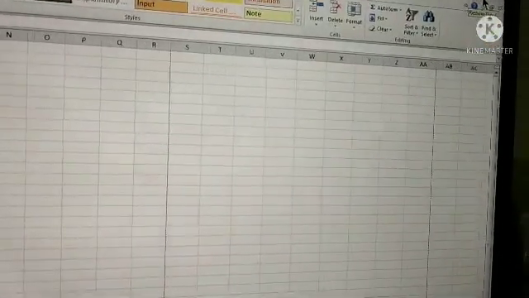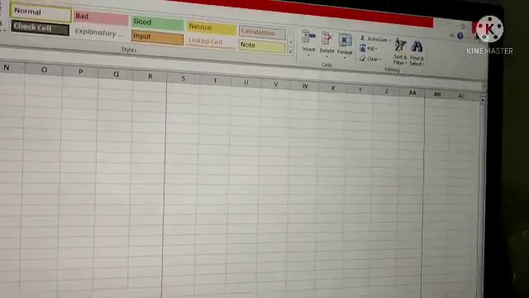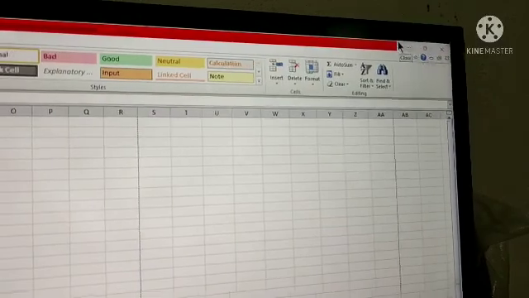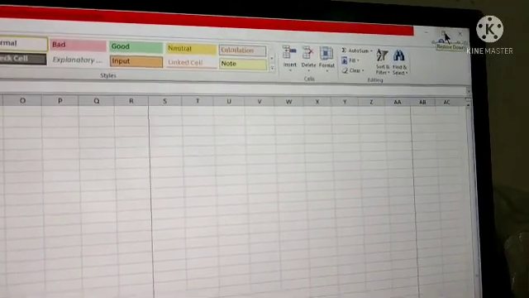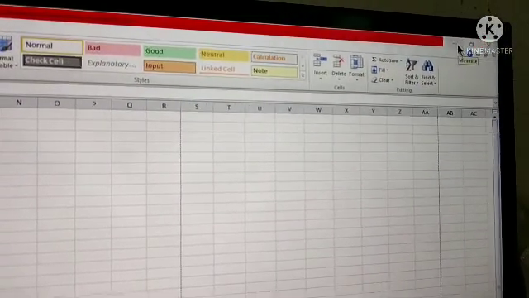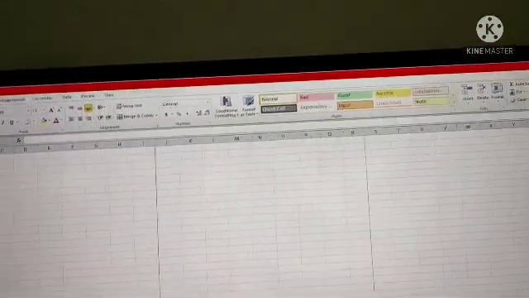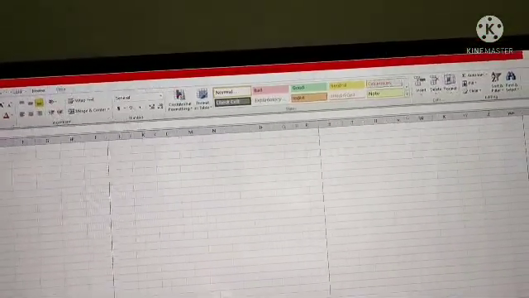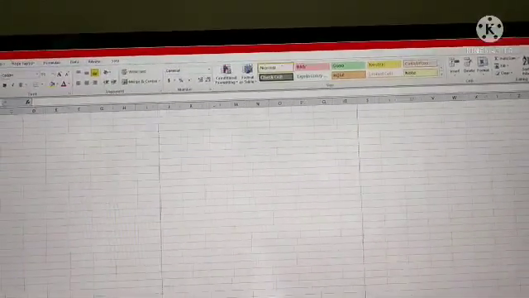This one is minimize, maximize and this is the close button. You can increase the size of the page. These buttons are used to resize and close the Excel window. Clear? This is about the title bar.